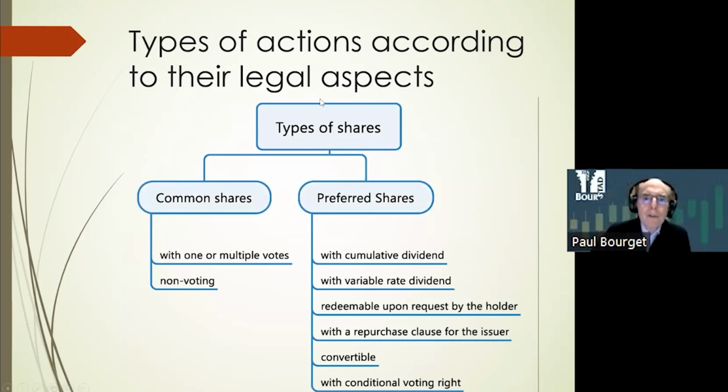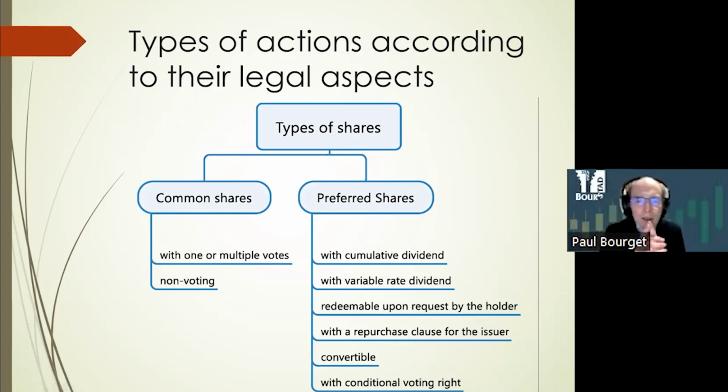So based on the legal aspect, we can talk of common shares and preferred shares. Mostly on the markets, you must know that we will find common shares. Preferred shares are maybe something like 10% of the whole market, and are more like bonds, or bonds are not exactly,